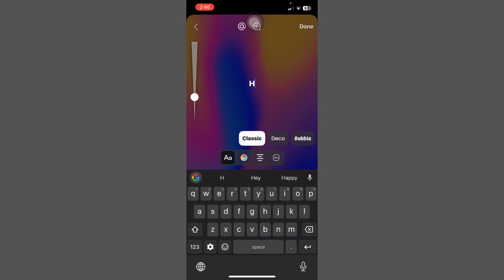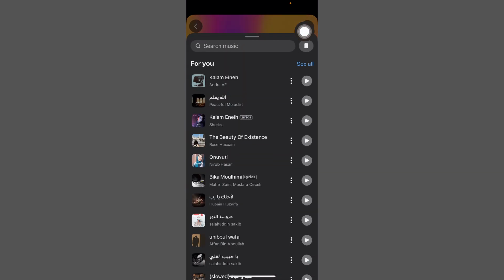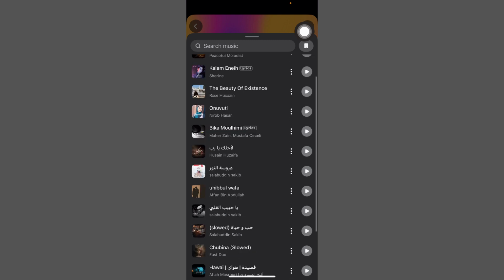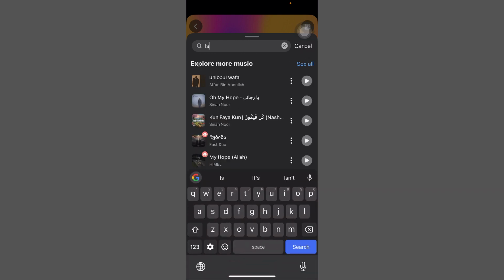Okay, done, and tap on this option, music option. Just click and choose any music and search. Okay, search on Islamic